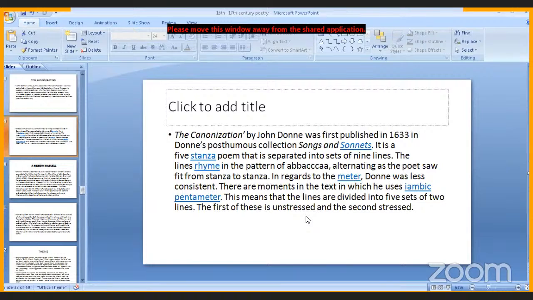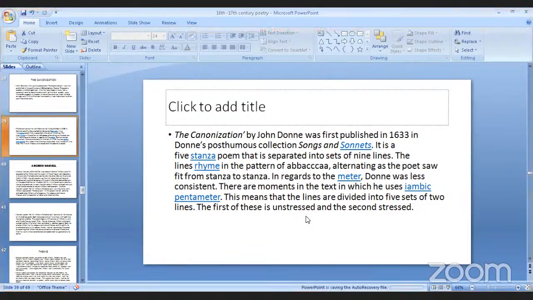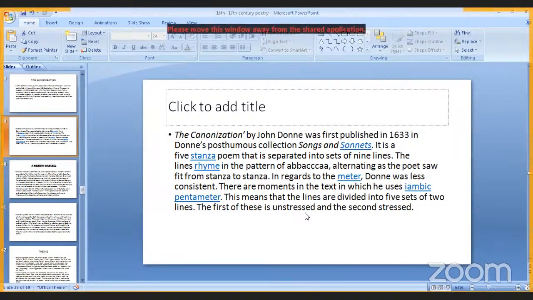So, in fact, it's a 5-stanza poem, in sets of 9 lines. Now, look at the rhyming pattern over here. It has 9 lines, rhymed in this manner: A, B, B, A, C, C, C, A, A, sorry. So there are 5 stanzas, and each stanza has 9 lines with this kind of a